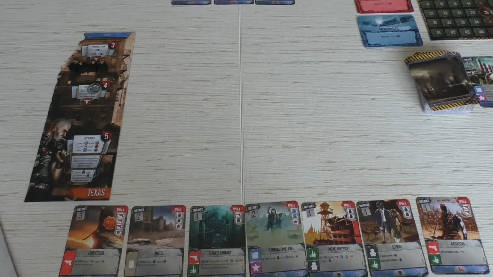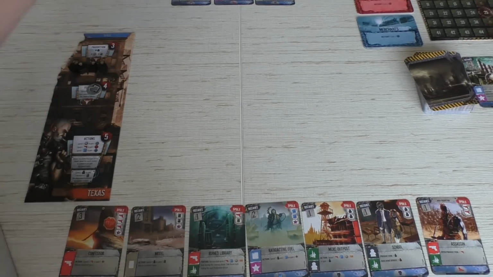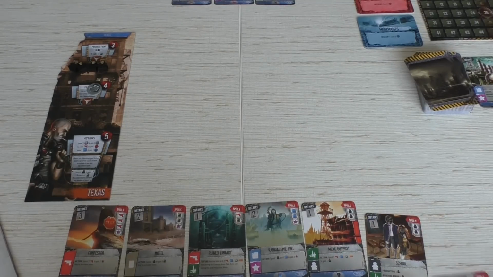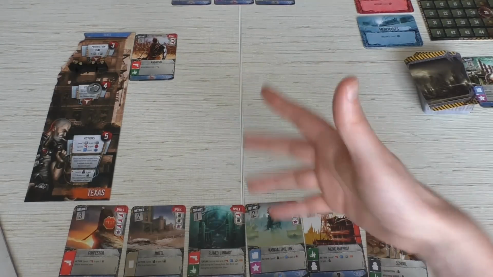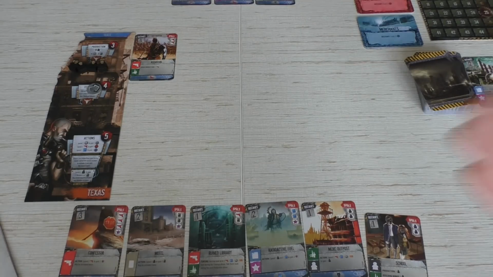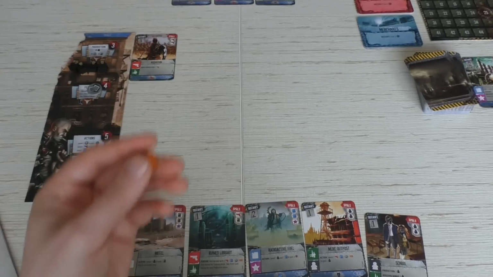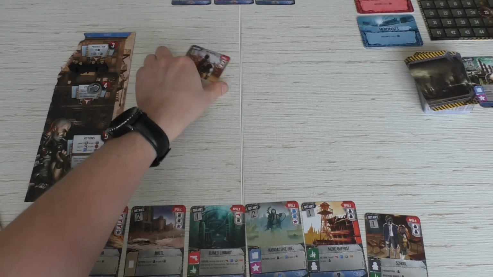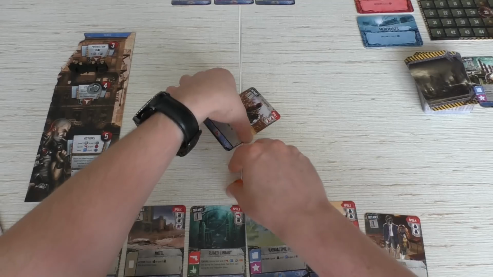The other thing we can do is develop a location. That's a little bit more difficult. Developing means that you build over an already built location. Let's say we already built the assassins here, and we don't need them anymore. We could build on top of it. That means we would have to pay 1 brick, that are these tokens here. 1 brick, and we remove the location,